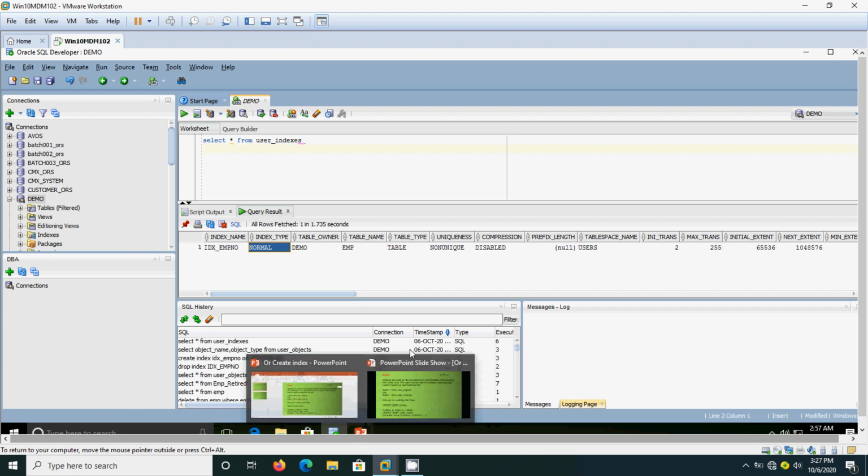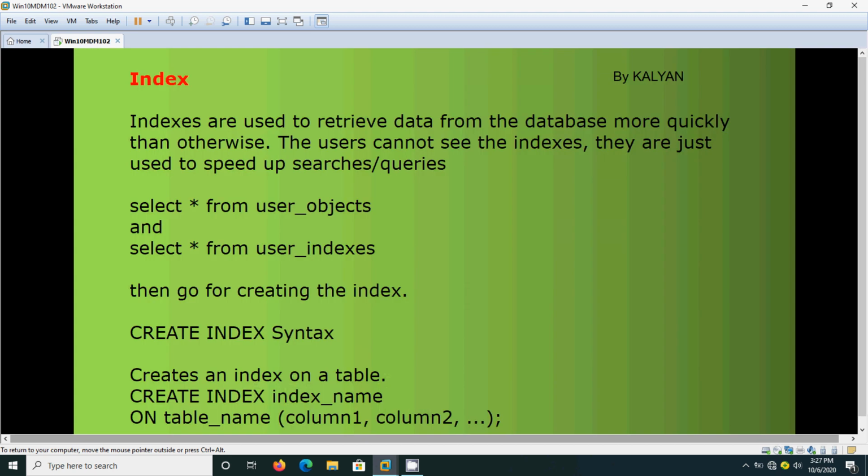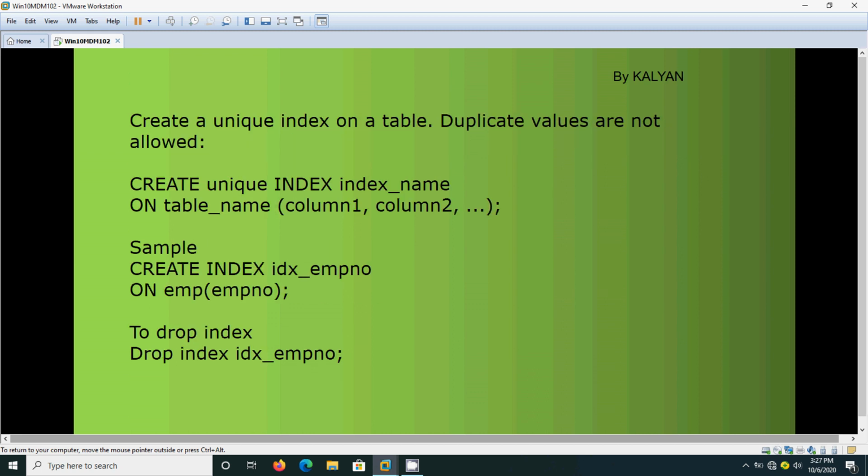But a unique index you can create on the table only if it does not contain duplicate values. Duplicate values are not allowed. So, create unique index, index name, on the table name. That is one extra word, unique, you need to add.